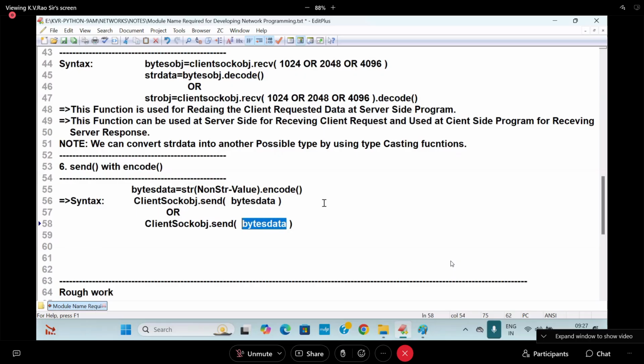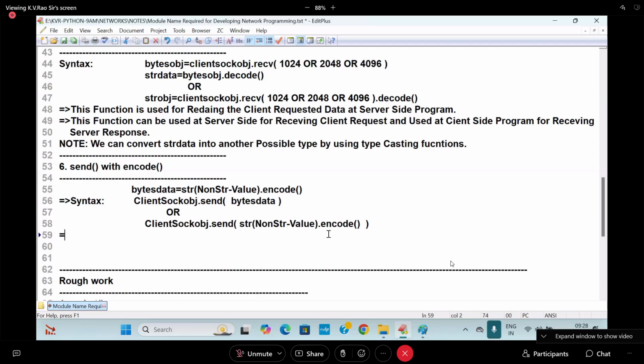This value I am going to write. What is that value here? This entire thing I can mention here. So I hope it is more clear. This is sending. At which side do we use it? This function is used for sending a request from client to server, and it can also be used